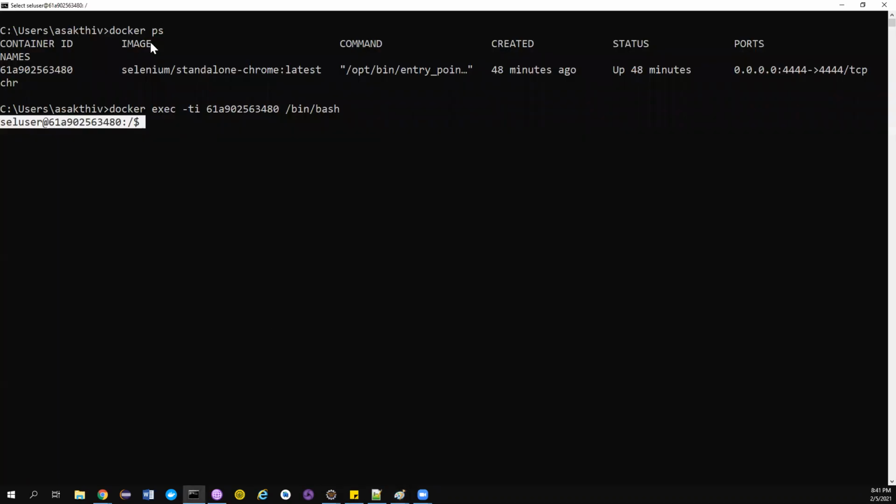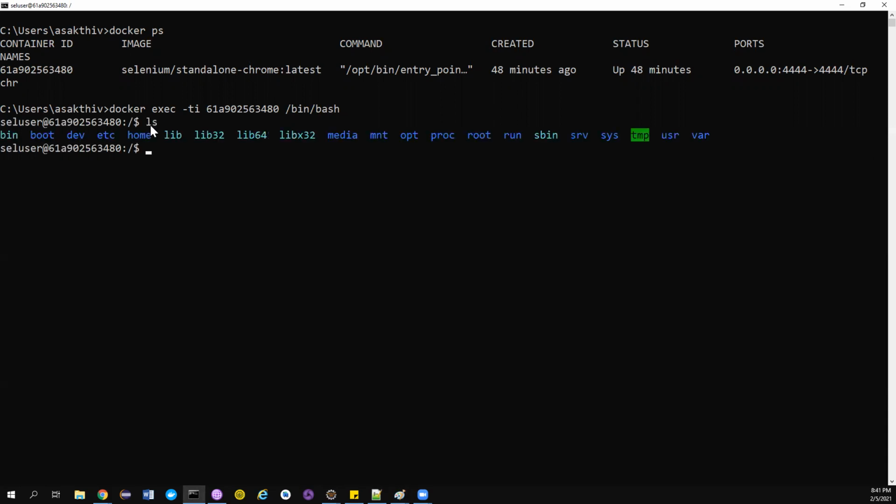This is really cool. Why I have come here: I need to see where this particular Chrome driver is, because without Chrome driver you cannot invoke the browser, right? So that's what we want to see. Now to do that, I just type ls. If you notice, ls is a command. It's going to list all the folders or files that are present in the current directory.